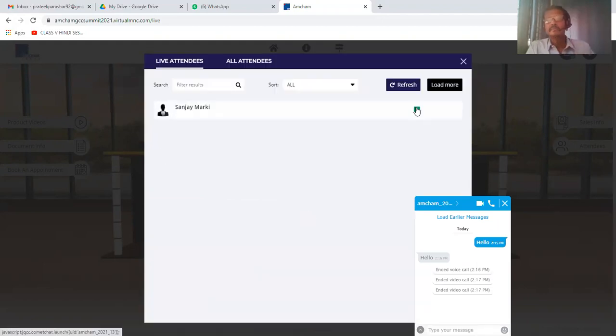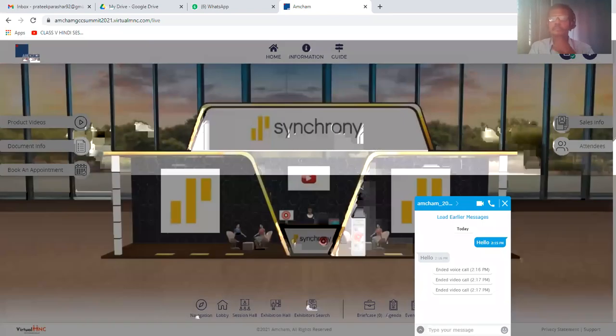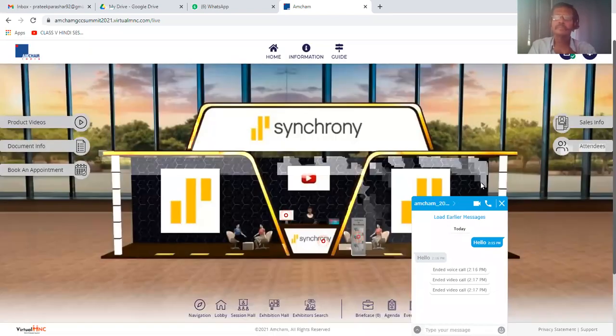So basically this gives exhibitors the authority that they do not have to wait for the visitor or the delegate to initiate a chat. They can do it by themselves. So if you see a live attendee on your booth, you can always put up a message to them. You can always initiate a chat with them. I'll just show you how this happens. A chat window like this will open up. You can simply put up a message